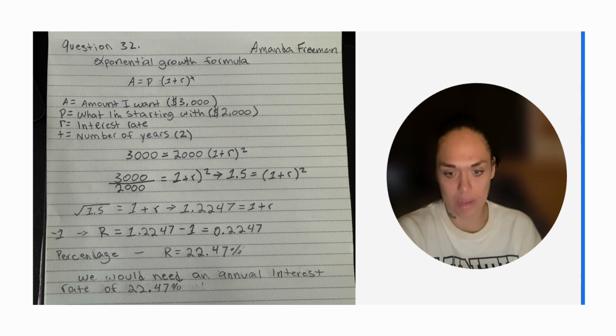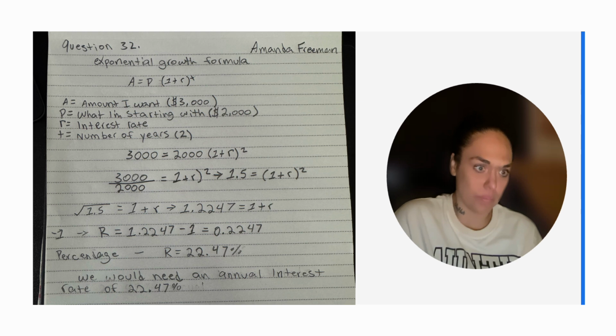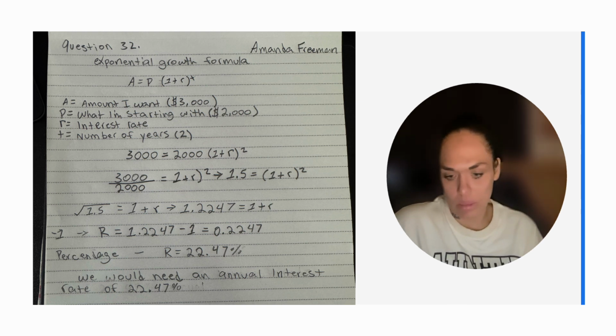Then I thought about what I did know, and I wrote down how I have to get R by itself. First, I divided both sides by 2,000 to make it more simple, and then I got stuck because I wasn't really sure how to get rid of the exponent, but then remembered that you can take the square root of both sides, so I did that here, and